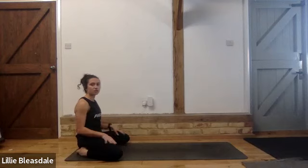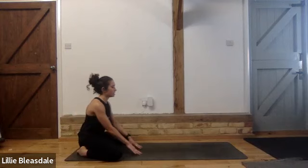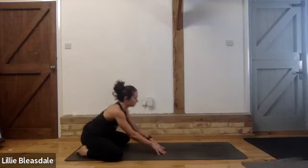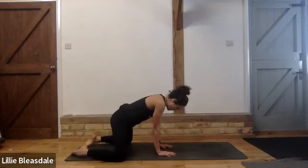If it's too much, just come into a child's pose, preferably a wide leg child's pose, because we are thinking about opening up those hips. So if that's the case, knees around hip distance apart, sorry, mat distance apart, and just let your body fold forwards. If you're coming into your frog pose, lifting up to all fours for now, and then again,